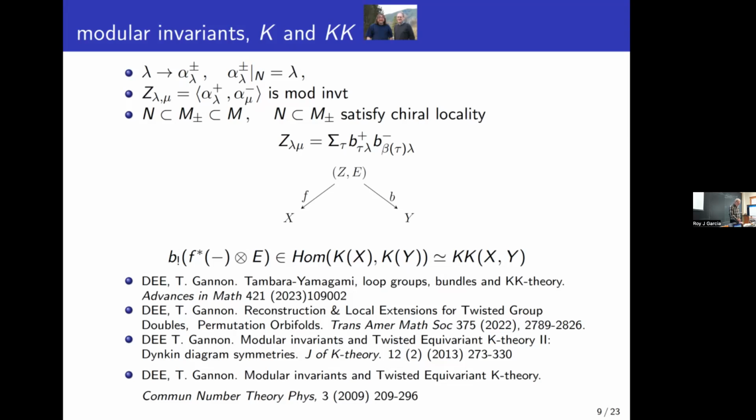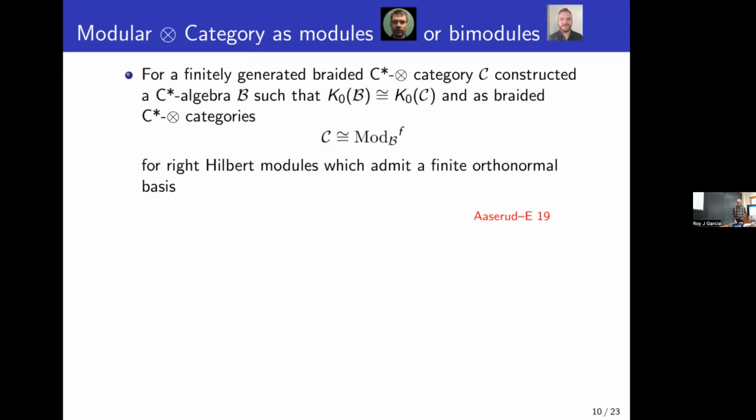So some reconstructions of conformal field theories from just a modular tensor category. The Tabariyama-Gami part is useful for the building blocks in the double of the whole. That's still to be completed. Okay, now